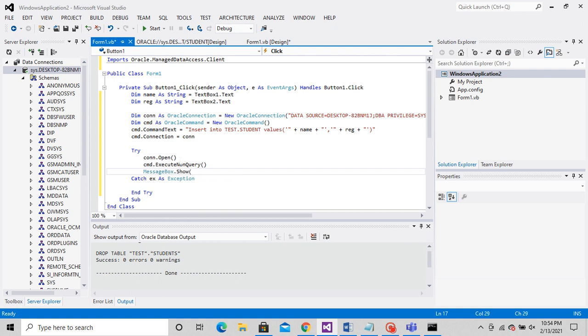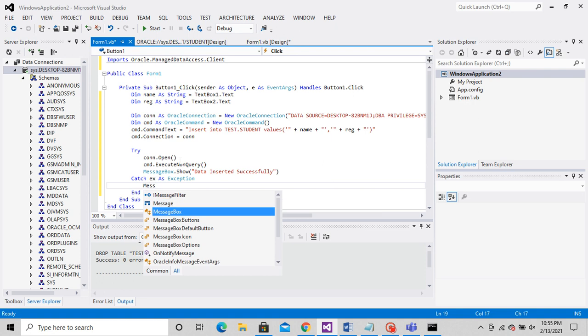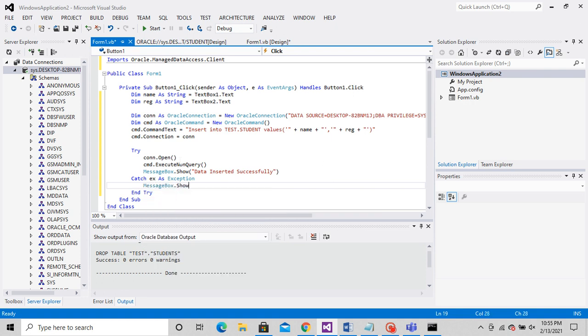If the value is inserted, it should show some message, so MessageBox.Show, then you can write it. After that, under catch, you can write that it has failed to insert the data.